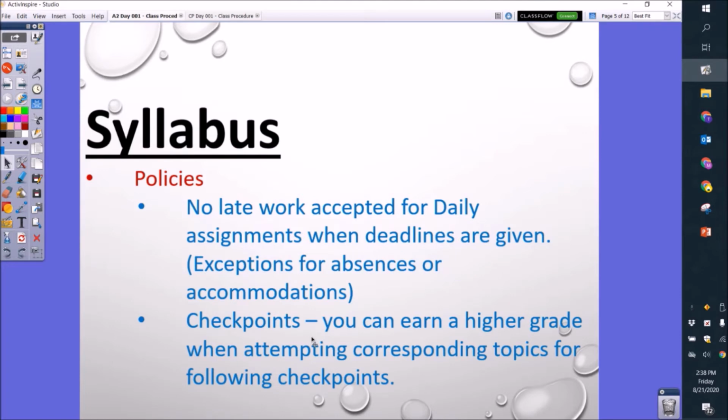Now I would recommend that you check in with me about what assignment you missed, and I will inform you what assignment you need to turn in with the respective deadlines. Now, checkpoints,